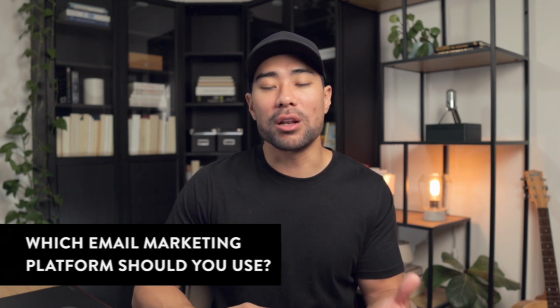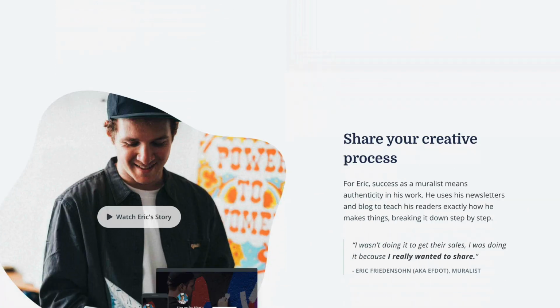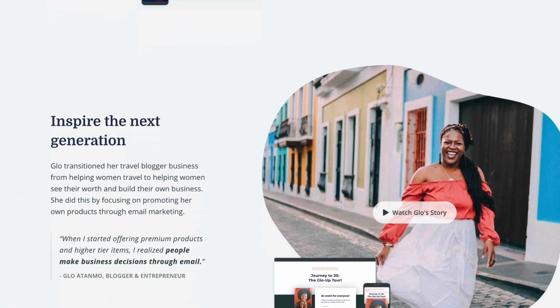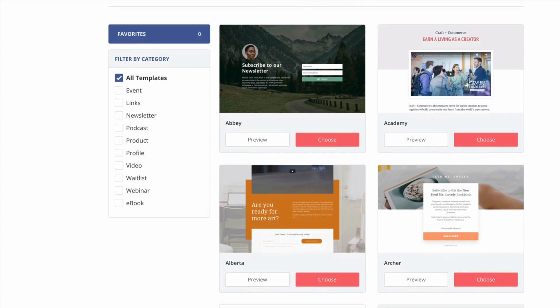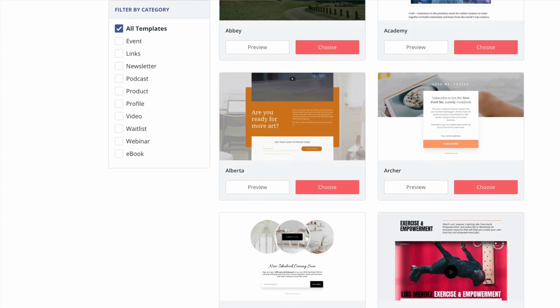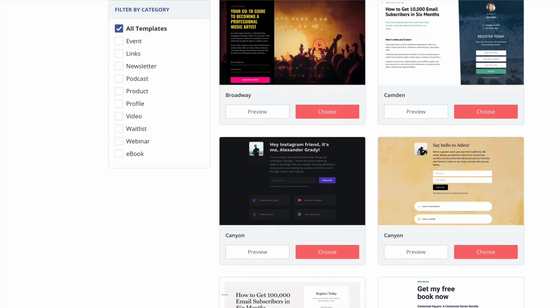If you're a creator, a solopreneur, or a small team of 1 to 5, I would say ConvertKit is a good choice just because it's easy to use and get started with. And there's a range of tools such as a landing page builder. So it's all in one. You don't need to source another third-party tool to create a landing page to collect subscribers. So that's a solution if you want an all-in-one platform.